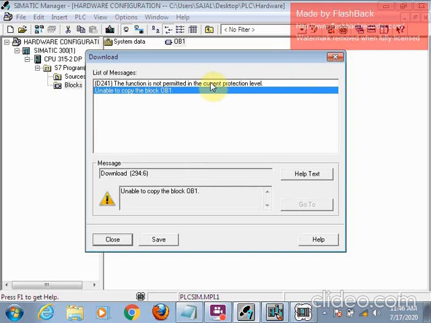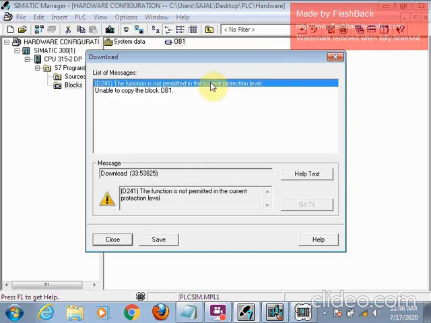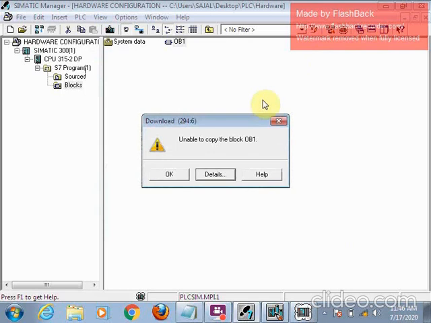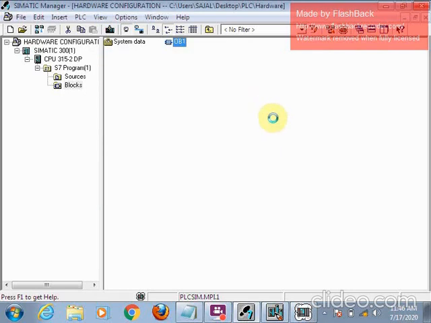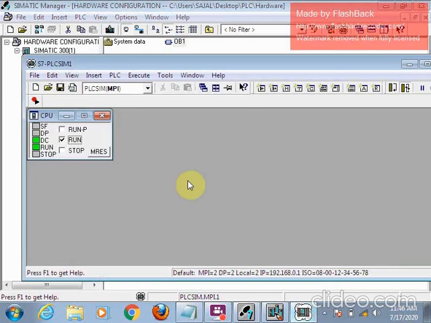It is showing here that the function is not permitted in the current protection level. Okay, so what we have to do, we have to change this to RUN-P, that is, run program mode.